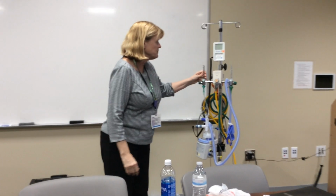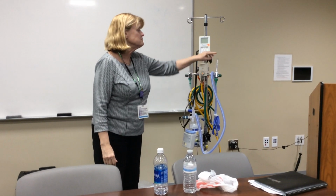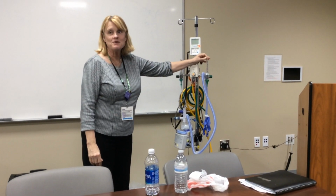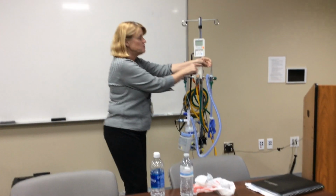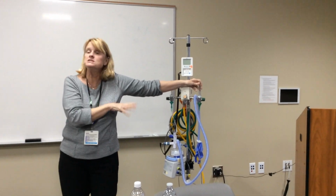Katie, so on that machine, I assume the meter on the left is the one that you're setting to 6 liters? Yes. And what's the meter on the right for? That goes up to 60 liters per minute. So this one only goes to 50. Well, I'm going to tell you for 2 reasons, but this one is for, because we use these devices all